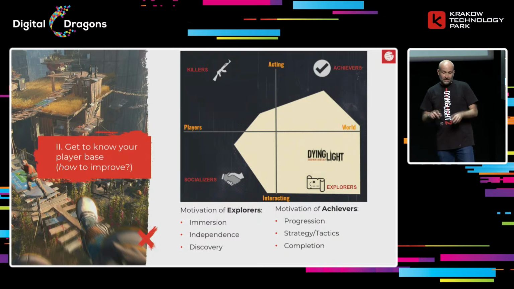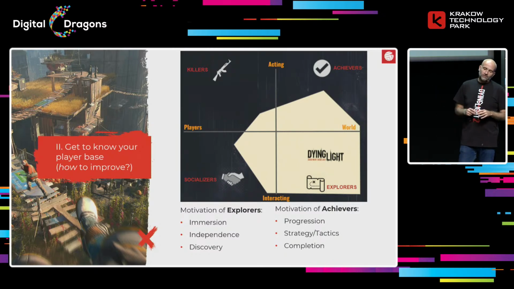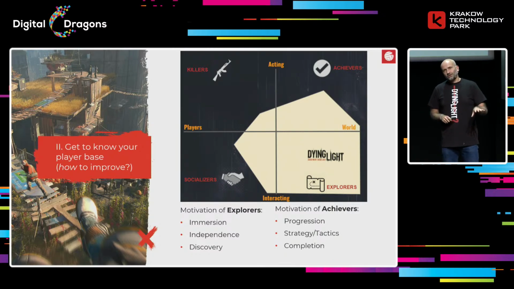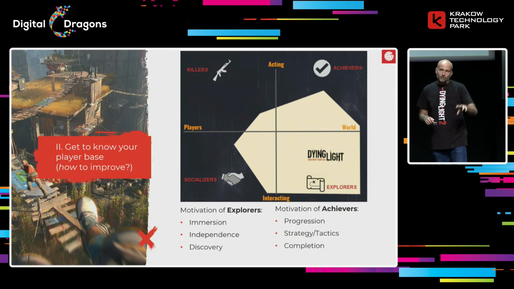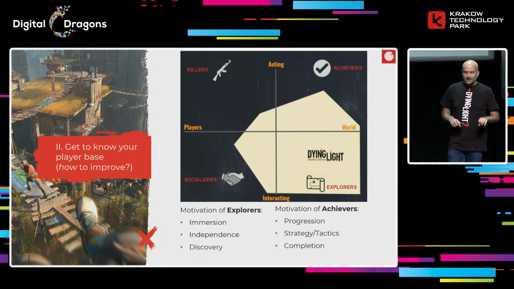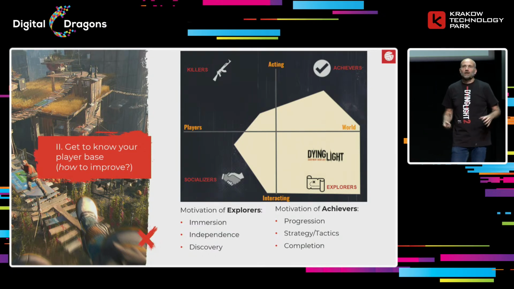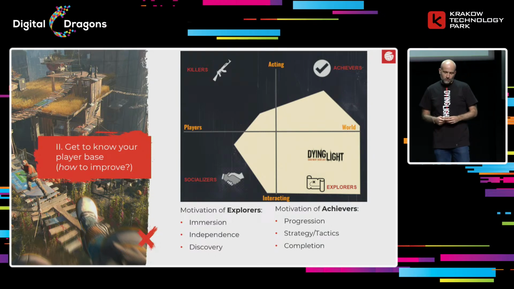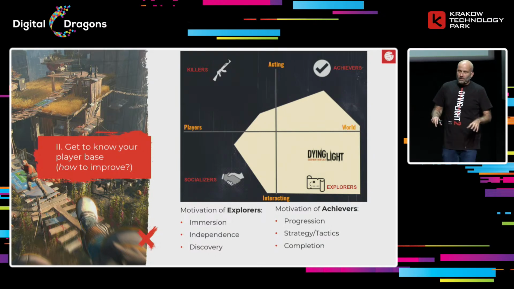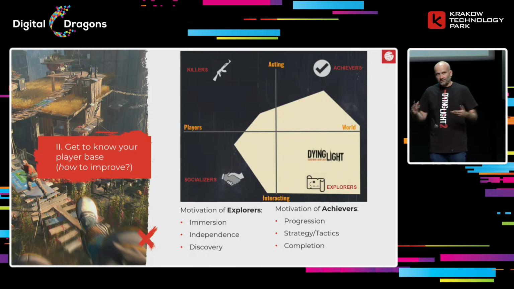We realized that it's mostly explorers, also some achievers. Killers, not so much. The simplest version of killers are the guys that are focused on online competitive gameplay. Socializers, a little. We have online and co-op components in our game, so we also had some of those. We chose explorers as the most important ones, of course, and achievers as the second.